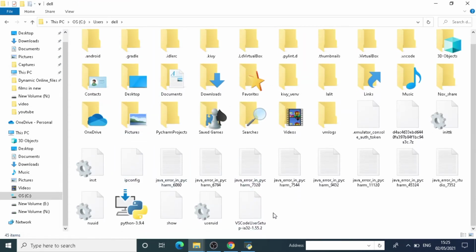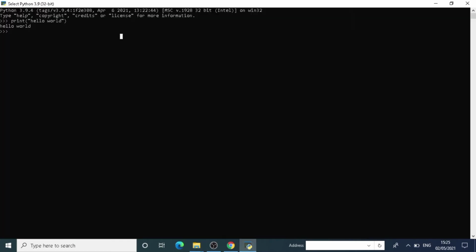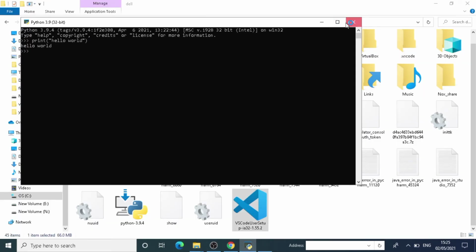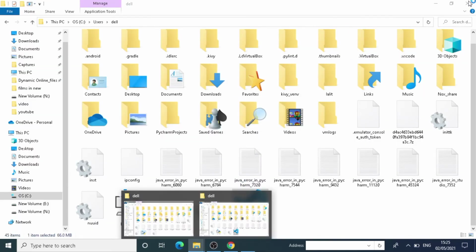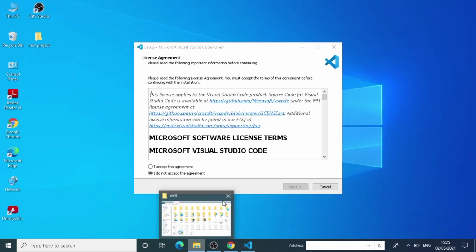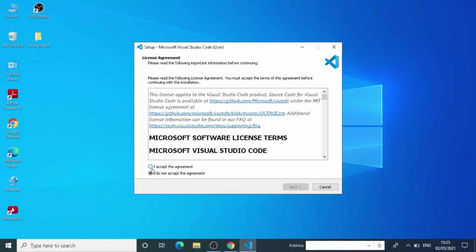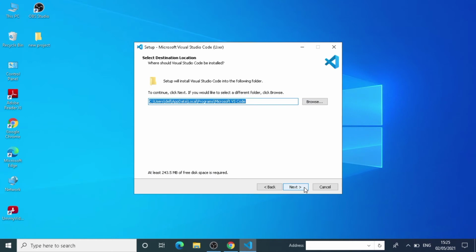After that we need to click VS Code for installing it. I'm going to close all the windows. We need to accept the agreements. After that I'm just using the default path. Just leave whatever is default,